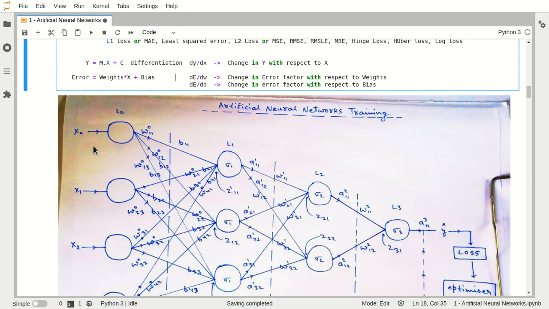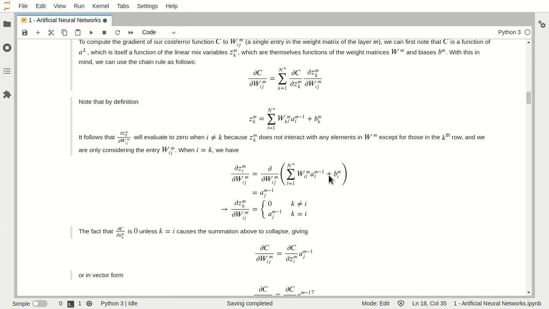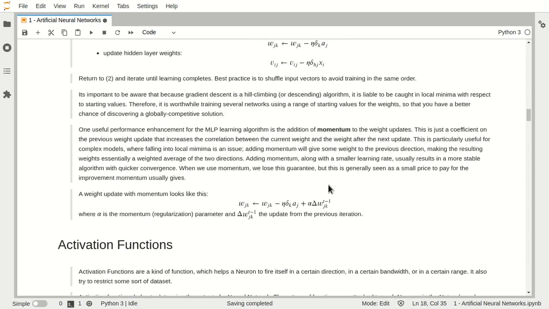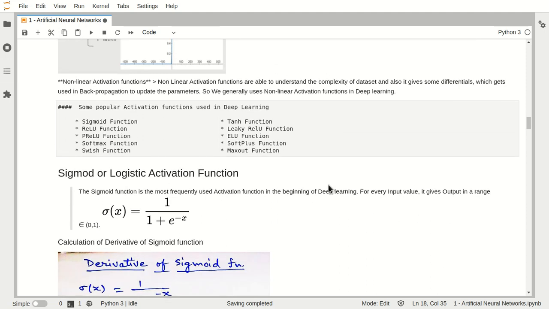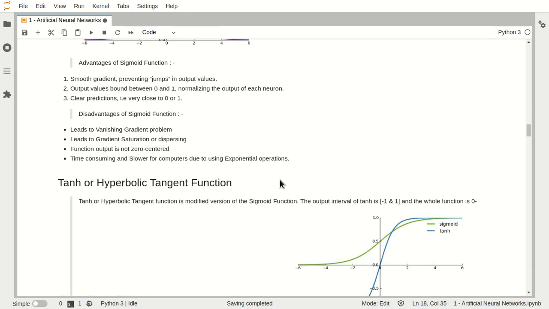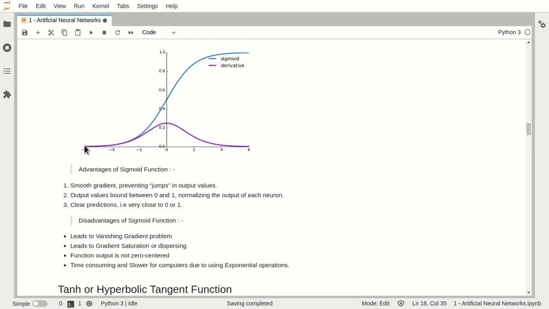So see guys, what backward propagation says is, try to see here in this particular figure.